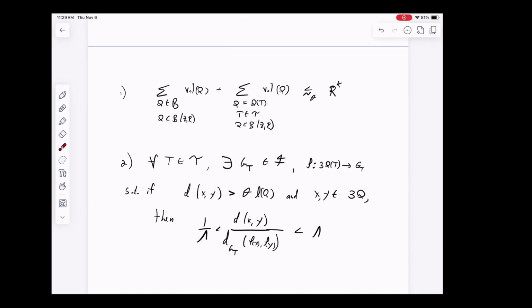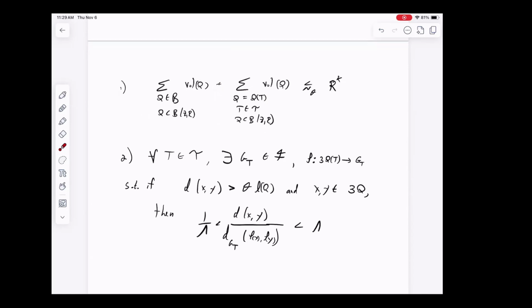If you really cut exactly at the bad cubes, then these two sums are actually identical to each other. But there's some more flexibility that you need for technical reasons, but I'm not going to get into that. So you don't have too many places where you had to cut, is what this is saying. And any of these trees has an approximating set inside F and a mapping, right? You can't say an approximating graph because it's a metric space.